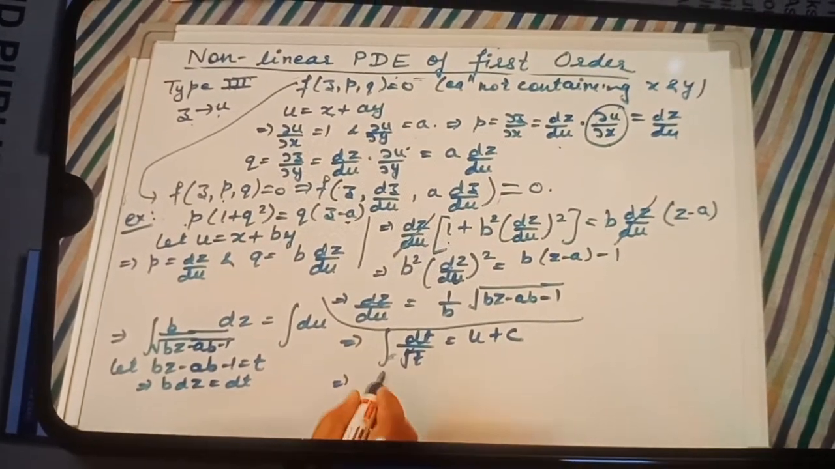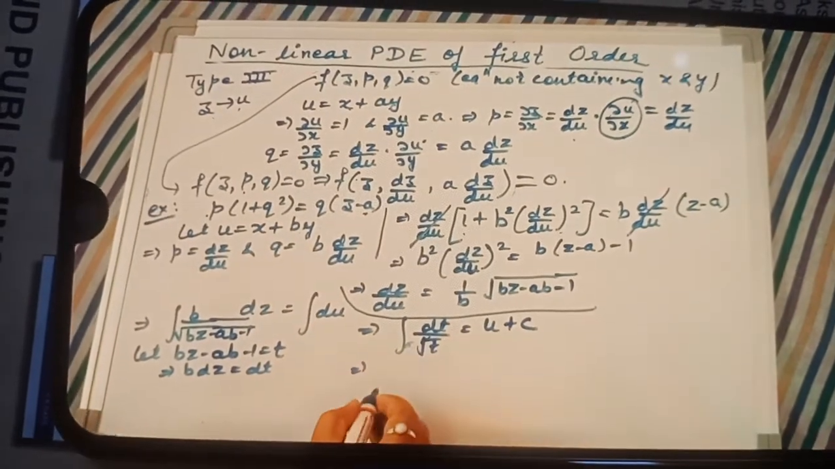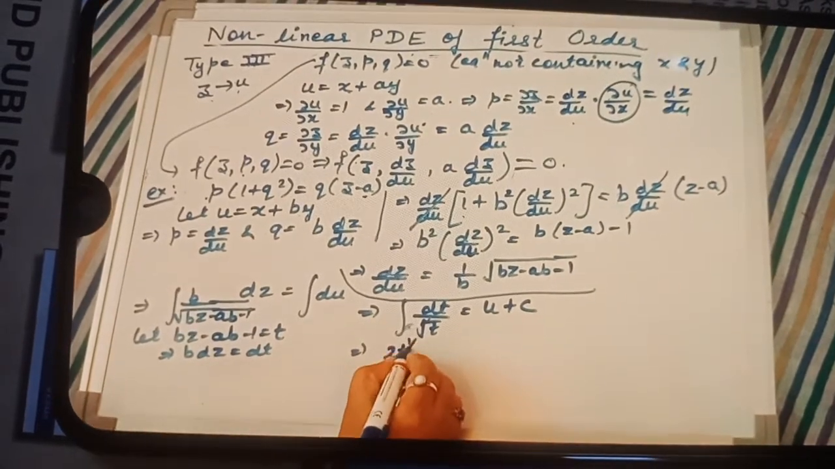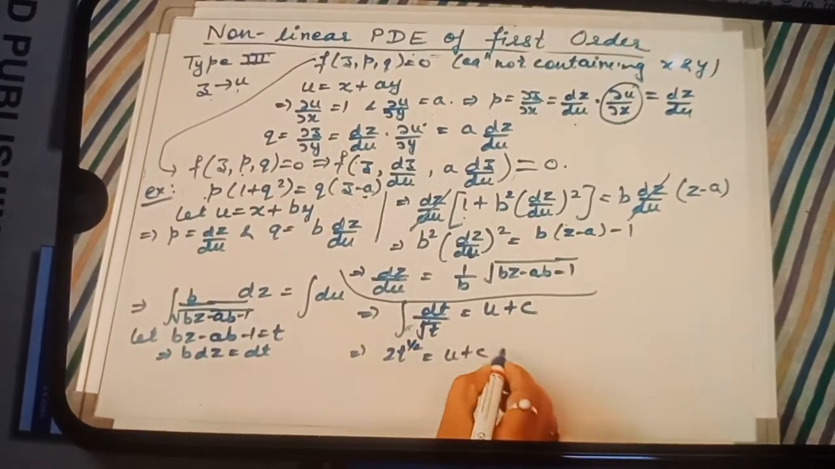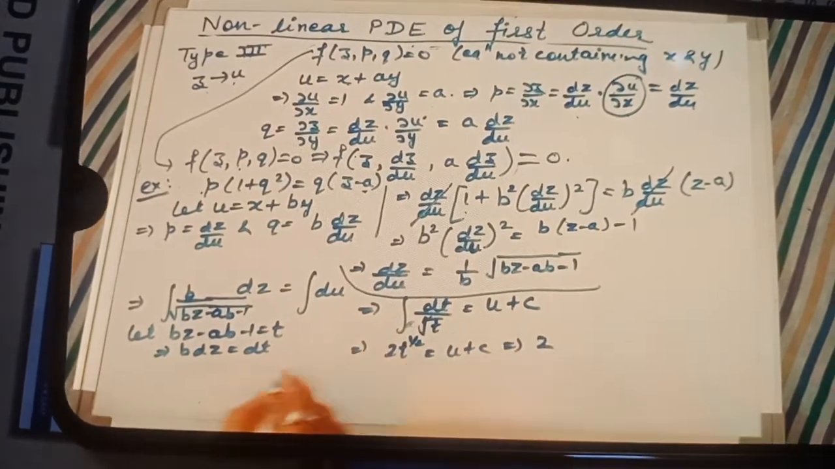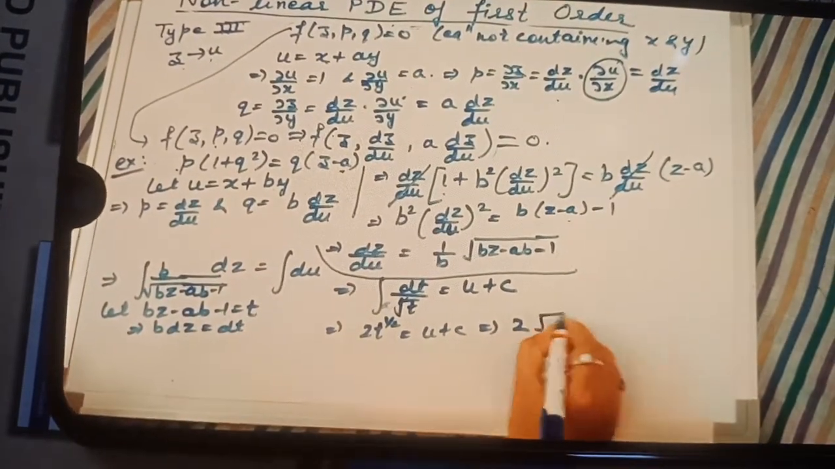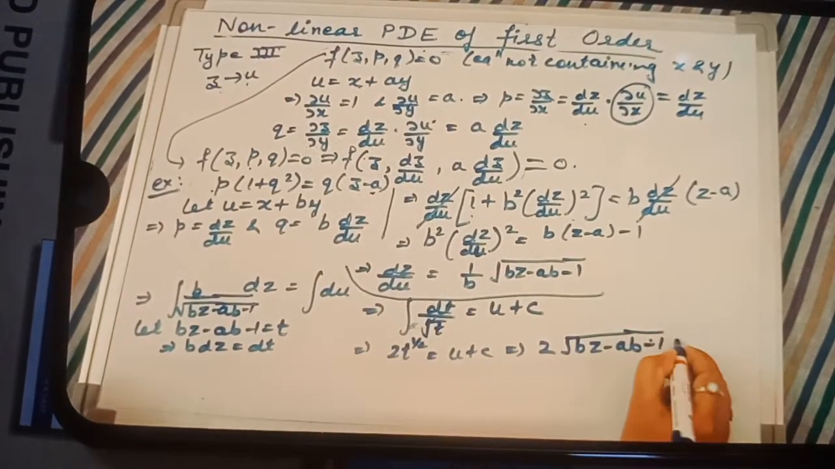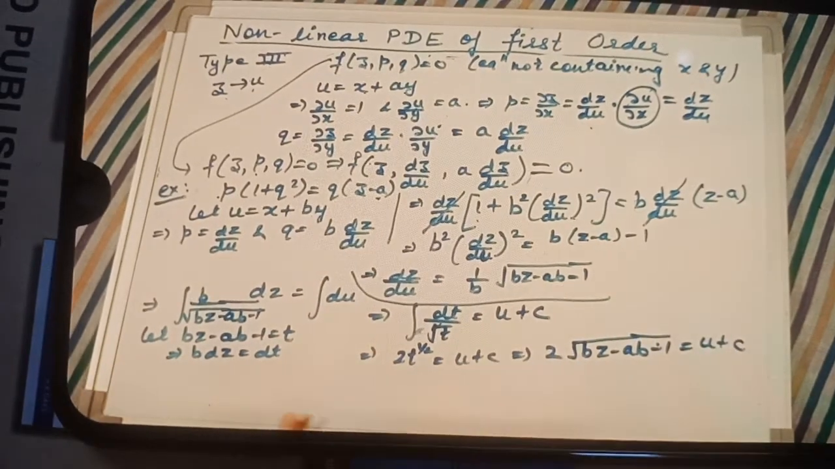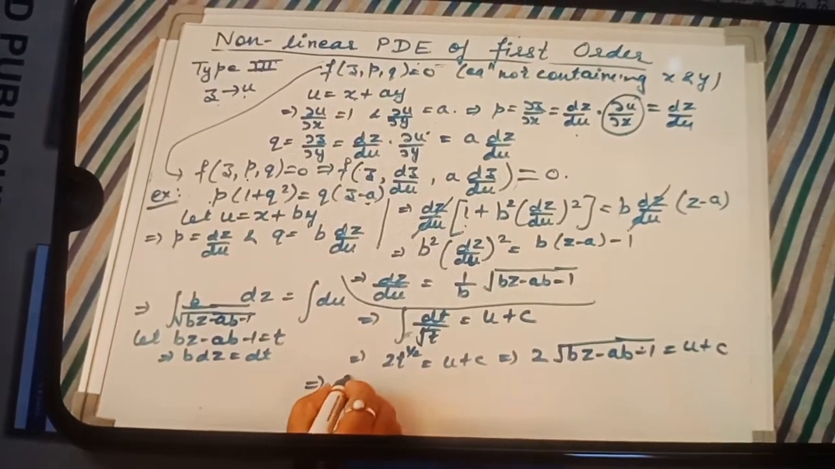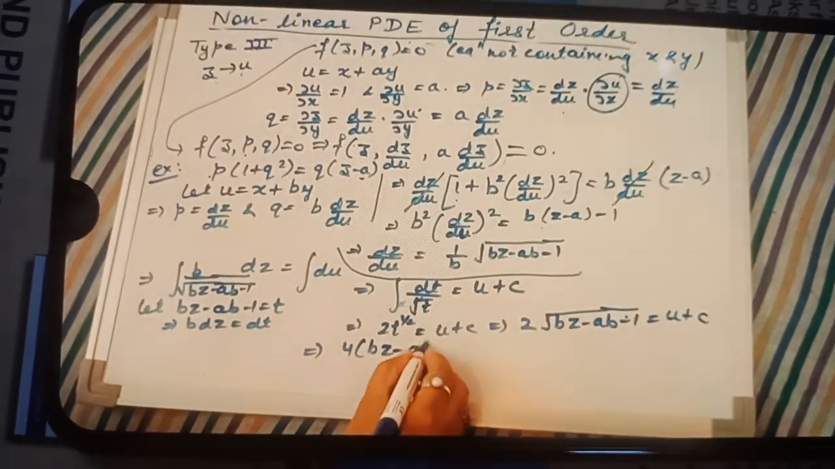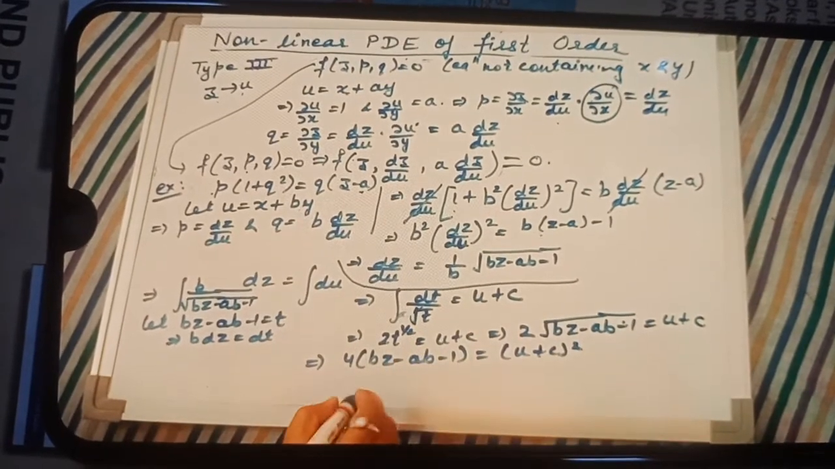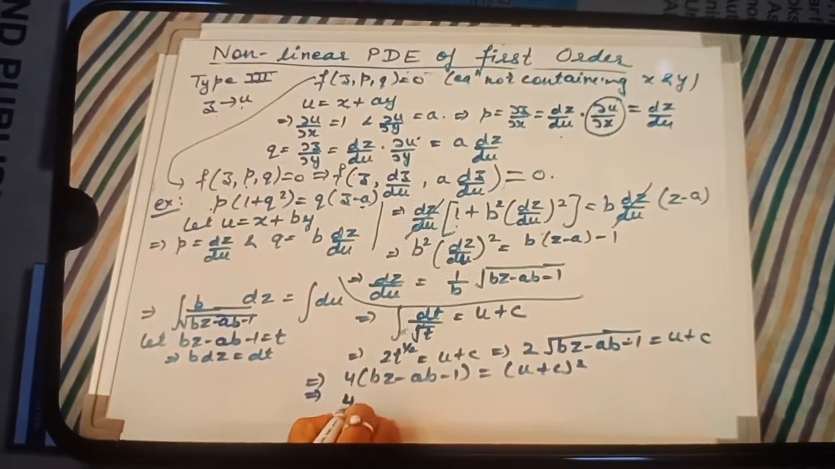तो t अंडर रूट t की पावर माइनस 1/2 का आप इंटीग्रेट करोगे, you will get twice t to the power 1/2 equal to u plus c. आप t की वैल्यू पुट कर दो। t आपने क्या माना था, bz माइनस ab, तो आ जाएगा अंडर रूट bz माइनस ab माइनस 1 equal to u plus c. ओके, स्क्वायर कर दीजिए आप दोनों साइड, तो आ जाएगा 4(bz माइनस ab माइनस 1) equal to (u plus c) का होल स्क्वायर।